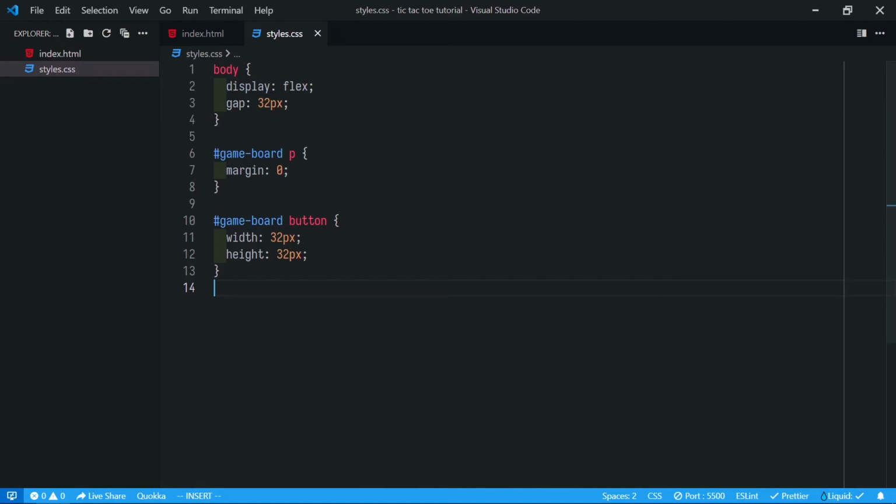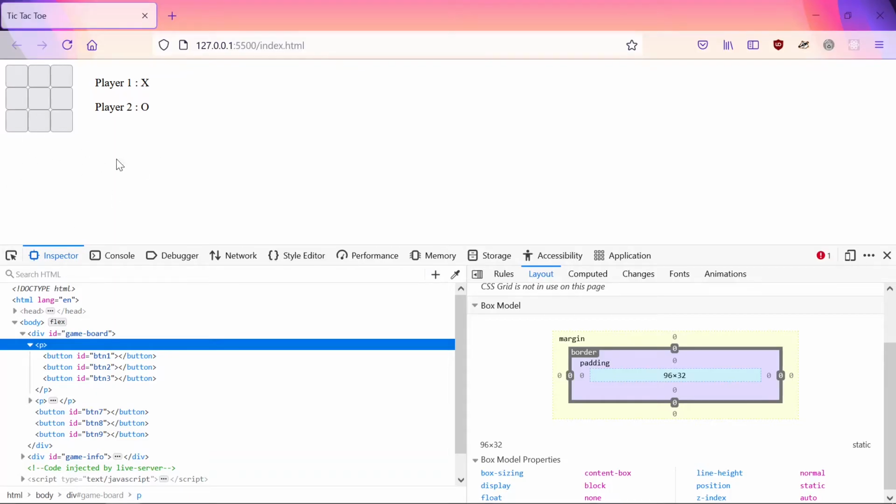Okay, and we also want the notification like who has won and the game reset button.